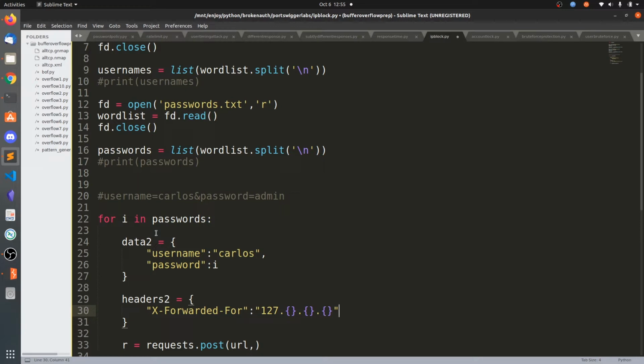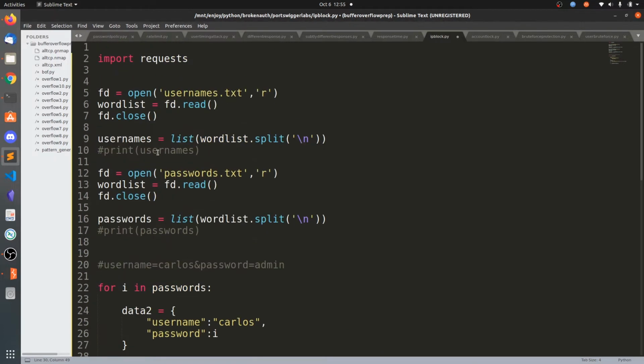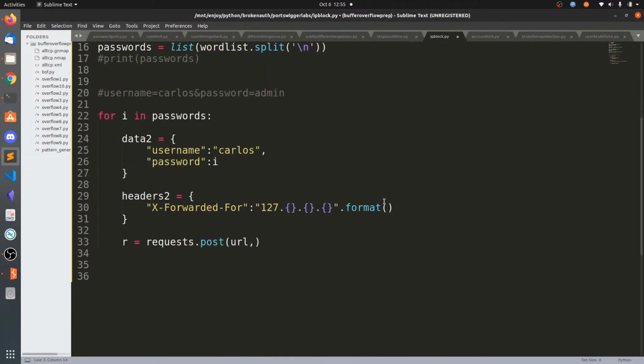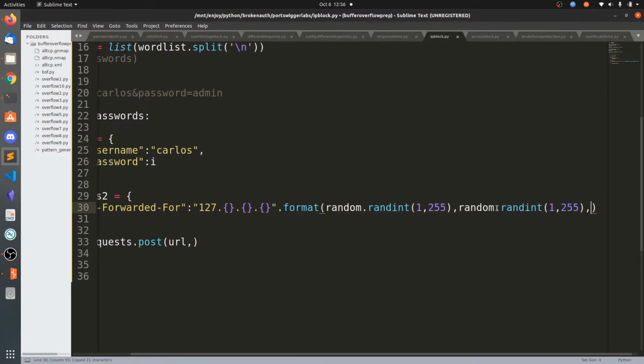So we are going to randomize these 3 octets, with .format of. Let's import random, random.randint of 1 comma 255, because an octet takes values from 1 to 255. So copy this one and paste it 2 times.